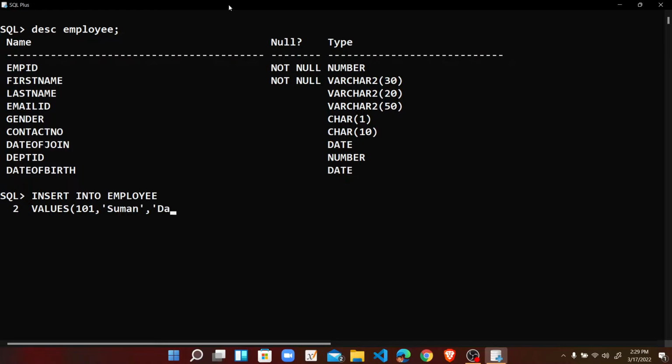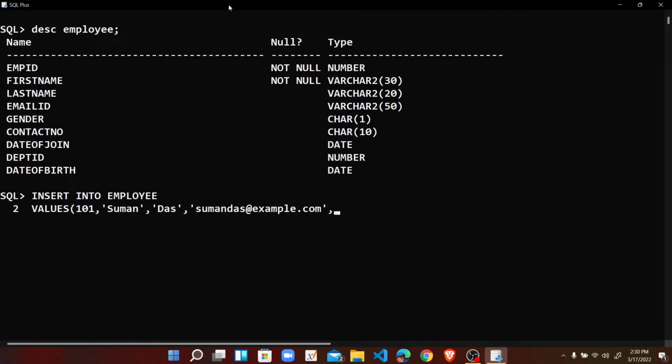Then we are typing Dash, also within the single quote. Then the comma. Then we have the email ID, and that should also be in the single quote. So sumondash@example.com,